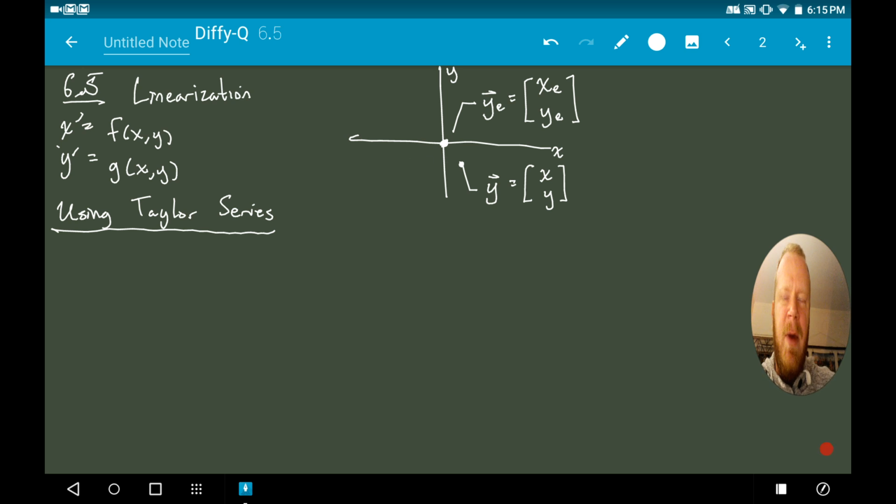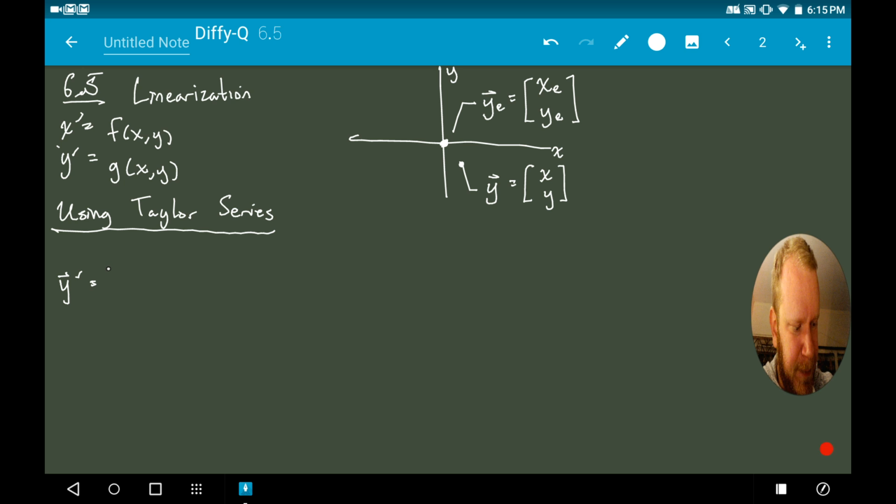The way you do that is getting its first derivative, getting its second derivative, and using a formula for that. So that involves all the derivatives. We're just going to deal with the first couple of terms here. So using Taylor's series, we get the following. If x prime is equal to f of x y, y prime is equal to g of x y, and these points are defined like this, then we get that